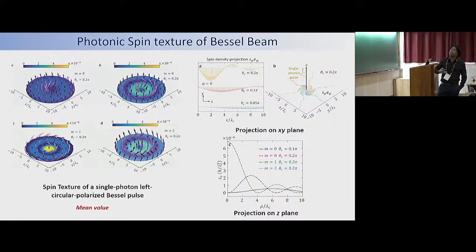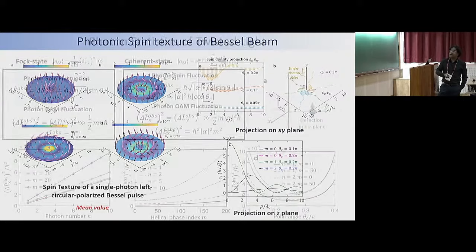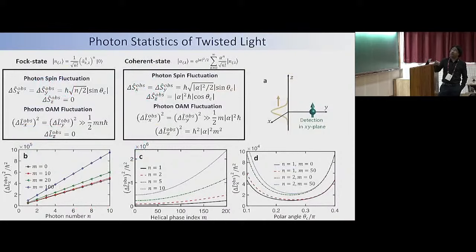And this probably could be analyzed classically as well. Now, what is important is that there are quantities such as the fluctuations of the spin and orbital angular momentum density. So that's the variances, not the mean field. And those variances will be very different if you create a Fock state twisted light pulse or a coherent state